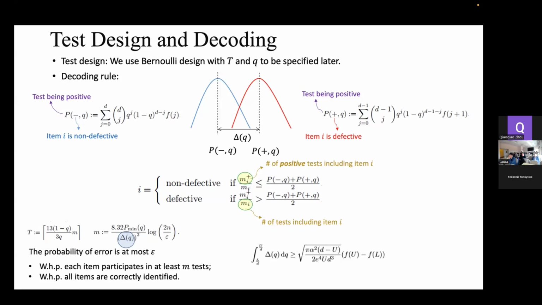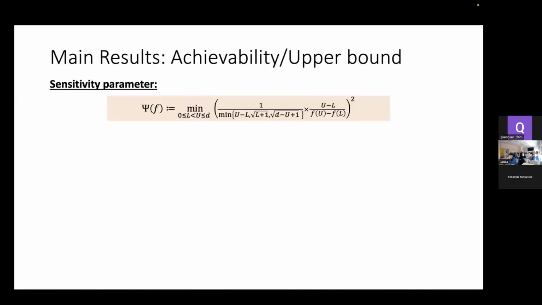I will not go into the details, but the high-level intuition is that you use the mean value theorem and also Stirling's approximation to get a lower bound on this. So let me state our main result, which is an achievability result, also called an